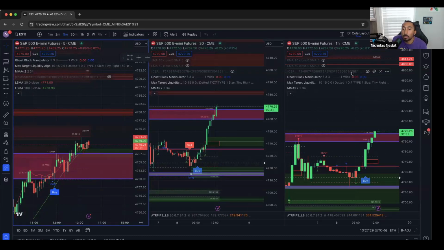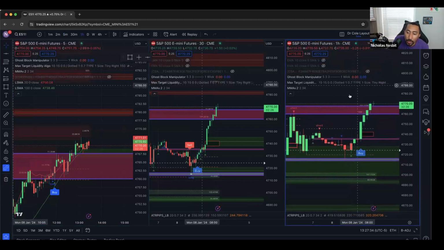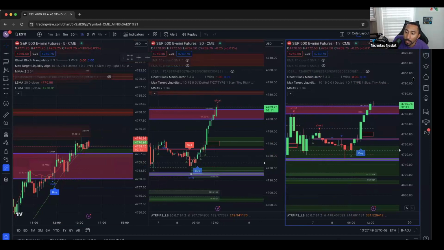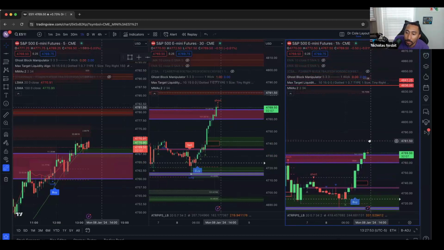Oh, one of the most important things, another really cool and interesting tool that you have is alerts. You can add an alert to your chart. And when you do that, I'm just going to click on alerts. You can see some of these that are active. I know that might look like a lot, but let's just say I wanted to, what's the next area target that we have up here? So it's